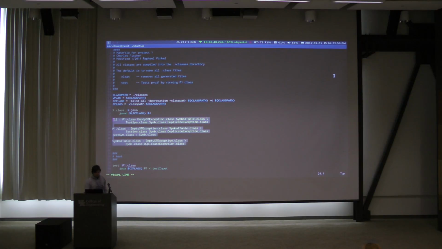Like Dr. Fekel has demonstrated, with make you have the ability to specify your dependencies for everything. That's great, but if you program in Java, you know the style of Java is to be very verbose. Projects tend to have a lot of classes, a lot of dependencies pointing together, and with make you actually need to specify that. This line is saying any class file, use the corresponding Java file to make that class file. But these lines down here are saying the actual order you need to do the compilation in so that you avoid errors. I'm lazy and I don't want to deal with that.